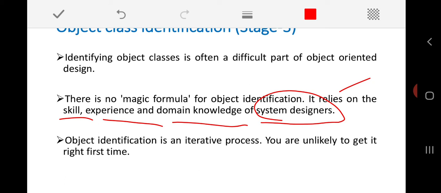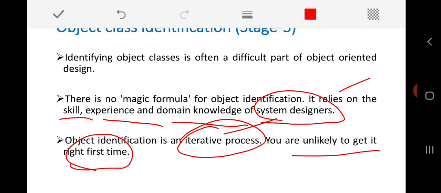Object identification is basically an iterative process. Whenever you start identifying objects, it's not a single stage work. Once you start identifying the objects, it's a continuous process. In the very first attempt, it's highly impossible to define all the necessary objects required to design your system.